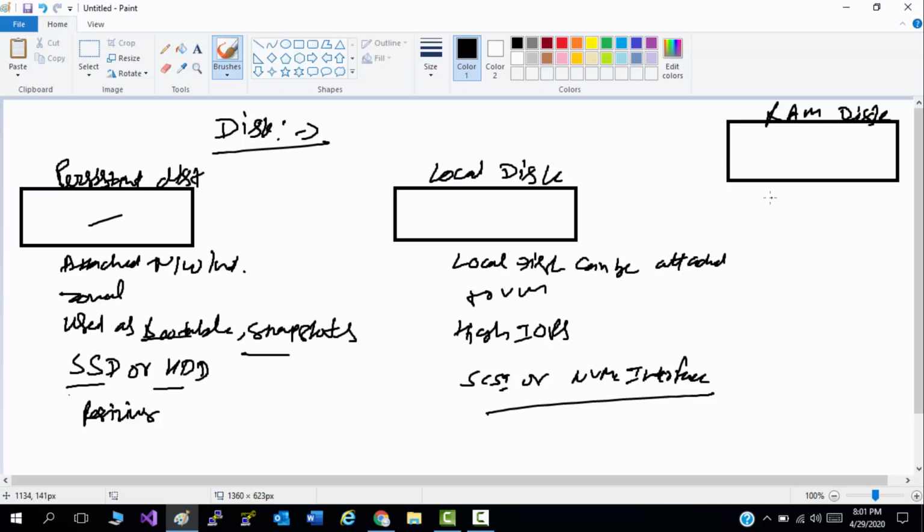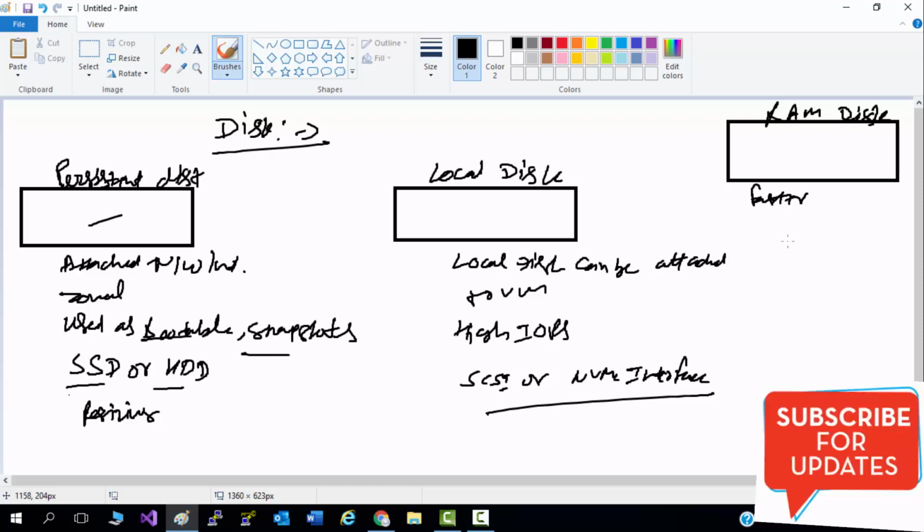Now RAM disk is faster in nature than any other disk available. It is ephemeral, which means that if you store anything on this disk, the data will be deleted and you will not be able to access it after stop, restart, or terminate. So you can use it for memory and caching purposes only. Those are the types of disk we can use in our compute instances.